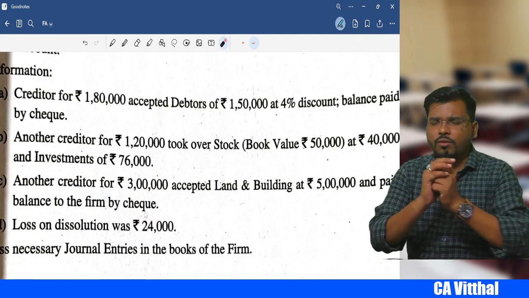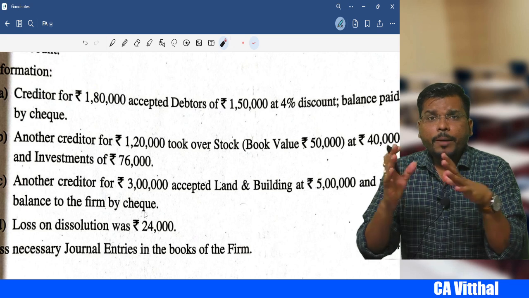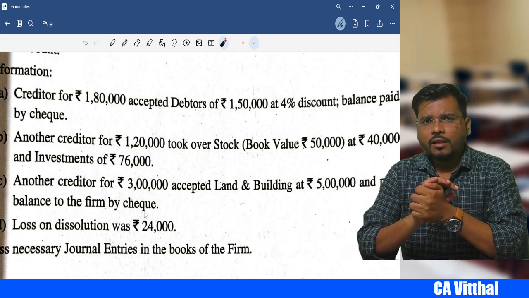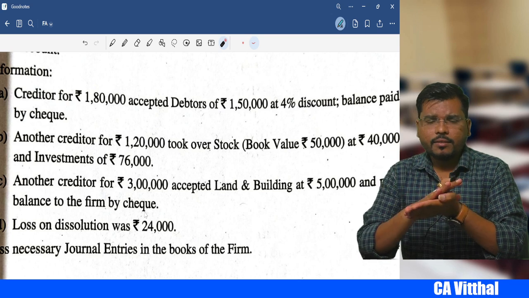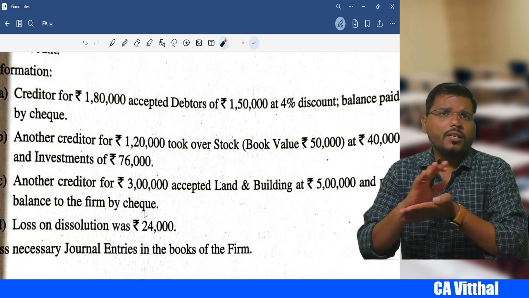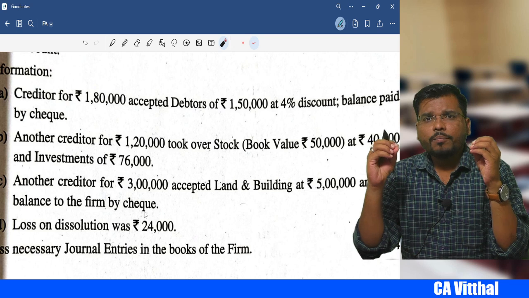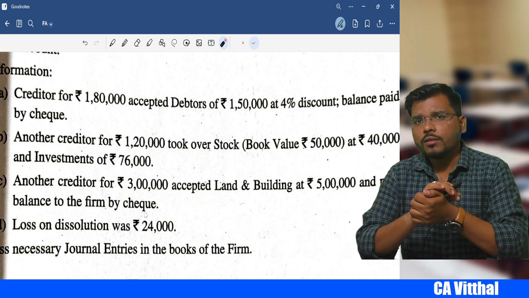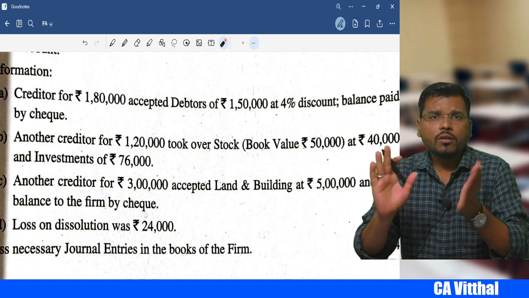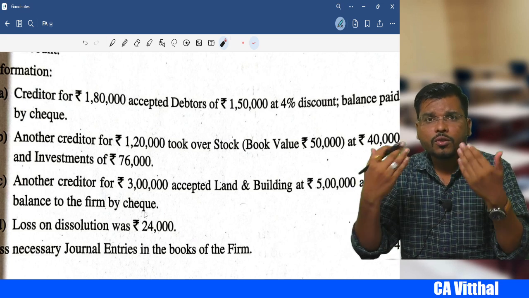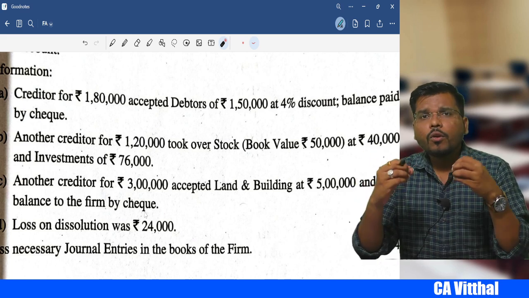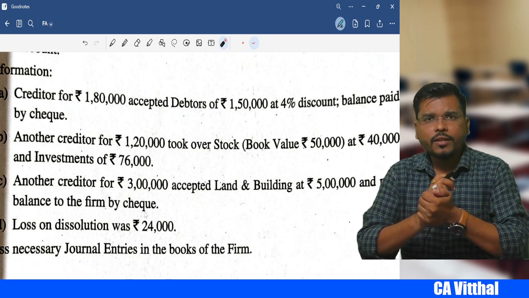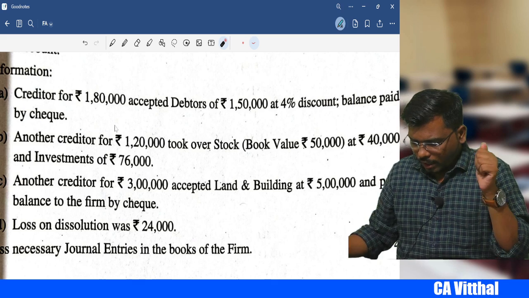So all these questions were in the paper. If you ask me, the paper was a little bit lengthy, right? If you have not practiced, if you have done only the auditing, you might have felt the paper is too lengthy. That's why I generally say to my students, don't do the auditing for accounts. Solve the questions. The more questions you solve, the more your confidence will increase, right, my dear students? Okay, so I hope it is clear.